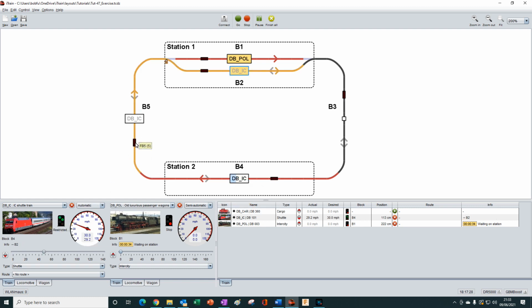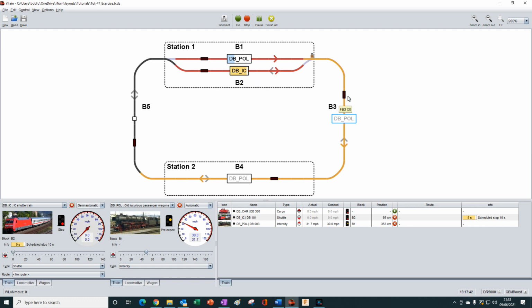Wait for the speed to increase and then let it come through. So you see DB pole was not released until DBIC entered the station. So now DB pole is allowed out onto the layout, and it's going to pass straight through the station. DBIC is left waiting. It's changed its direction. You see it's now going in an anti-clockwise direction,